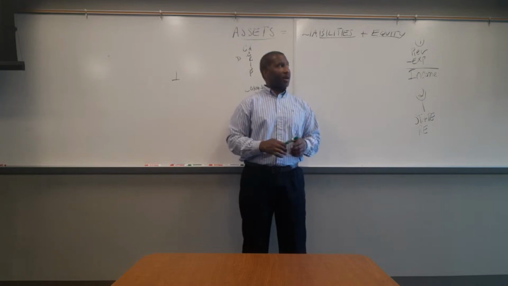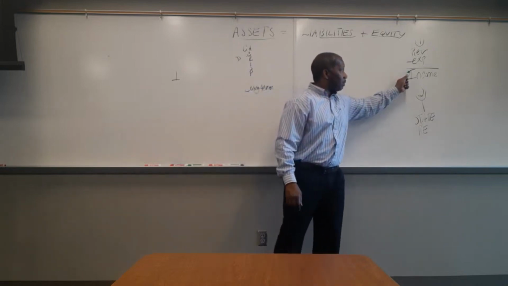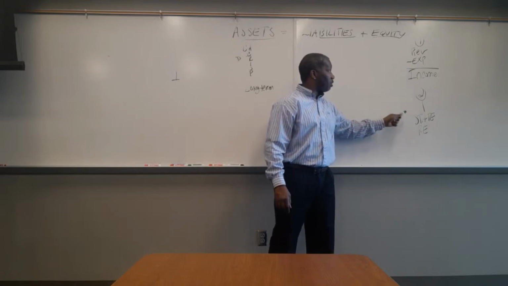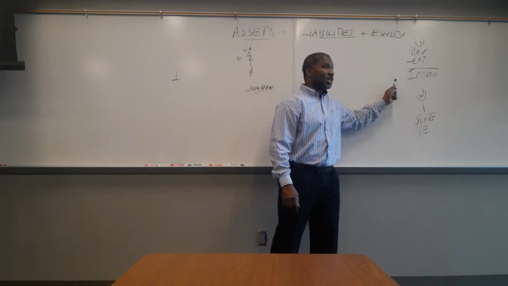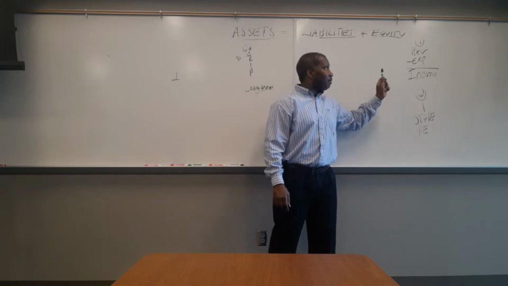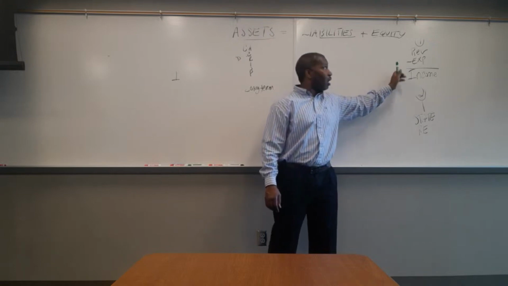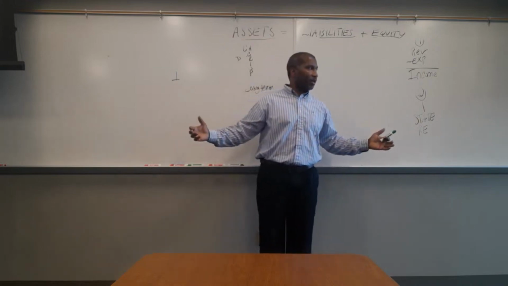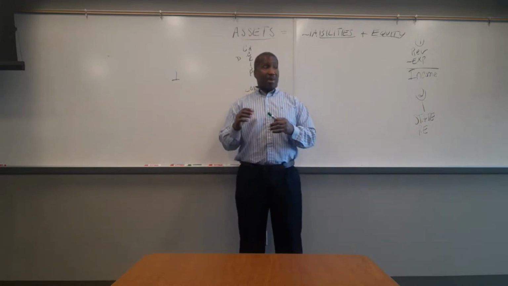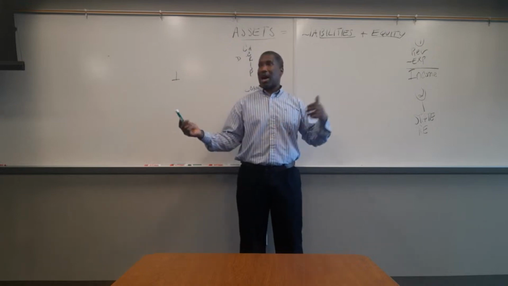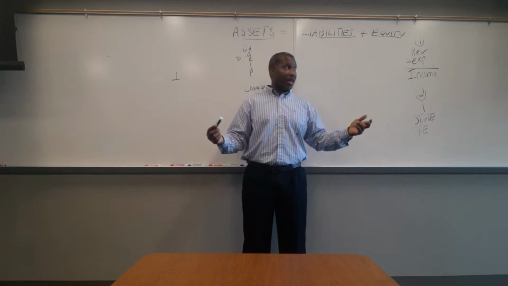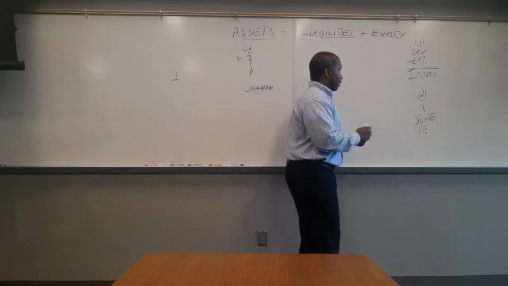So let's think about it. We're moving our income to the statement of retained earnings, which is back over here. So you might as well say we're moving our income to our retained earnings. When I move my income to retained earnings, I am zeroing out everything. To zero out means to make it the opposite. If I add, what's the opposite of add? Subtract. If I multiply, I divide. Since I debited everything,